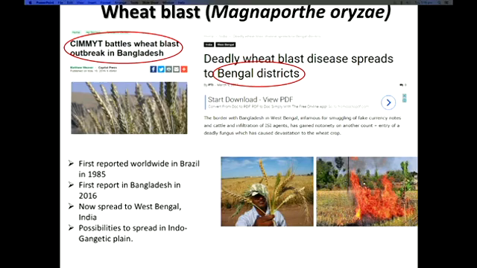Another epidemic disease developing nowadays in the Bangladesh and India subcontinent is called wheat blast. If you just take a look at these two pictures, they are very recent, maybe within one or two months. It appeared in Bangladesh in 2016. Then in 2017, within five to seven months, it migrated to India, in the Bengal area called West Bengal, and they were predicting that this disease could migrate to the Indo-Gangetic plain, the whole subcontinent,